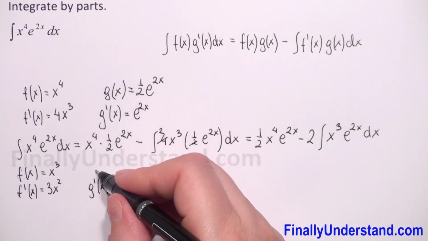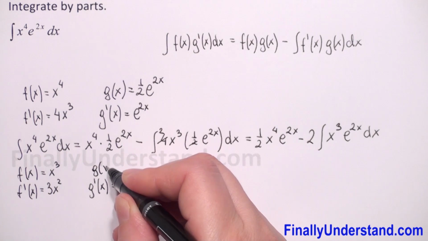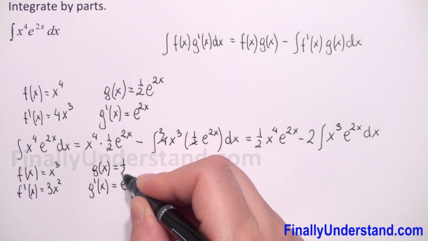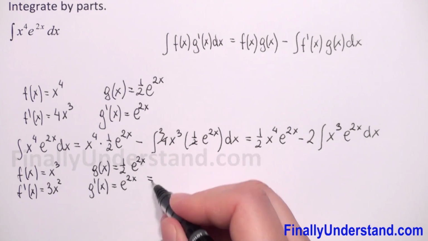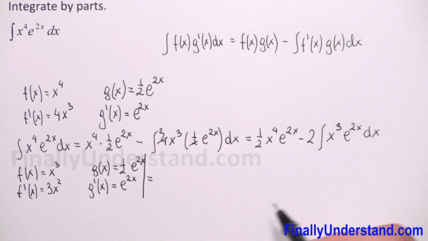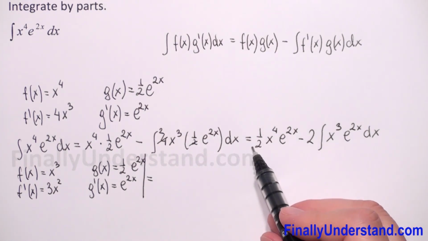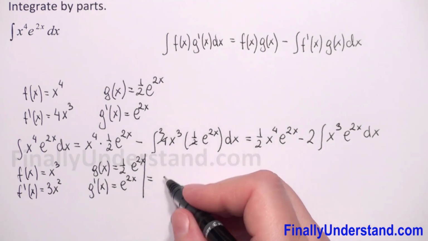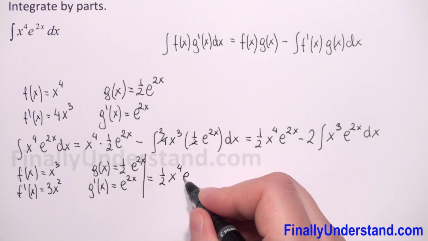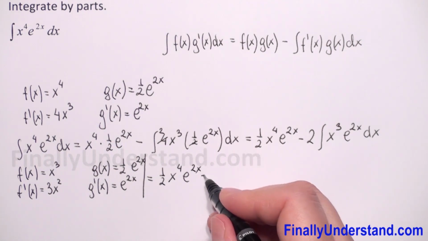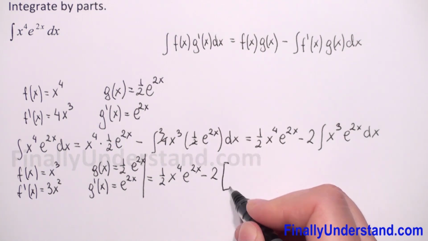Antiderivative of e to power 2x is equal to 1 over 2 e to power 2x. So now we can rewrite our beginning. We have 1/2 x to fourth power e to power 2x minus 2, and now in brackets we have